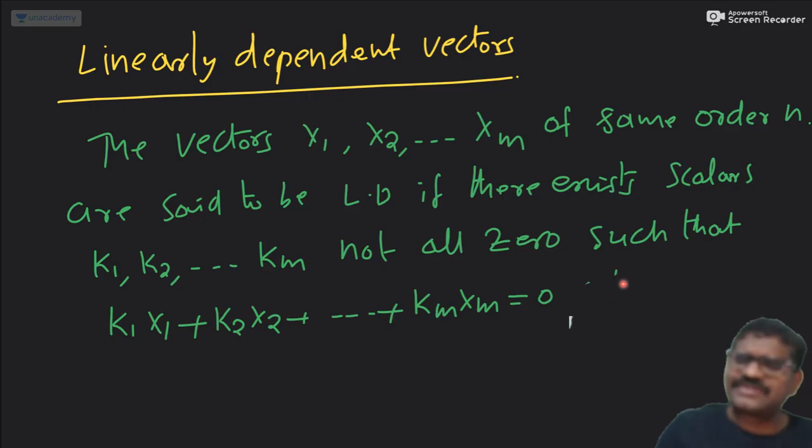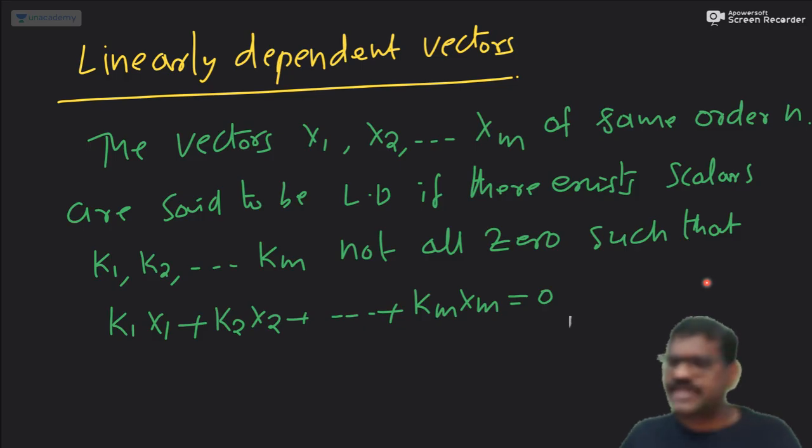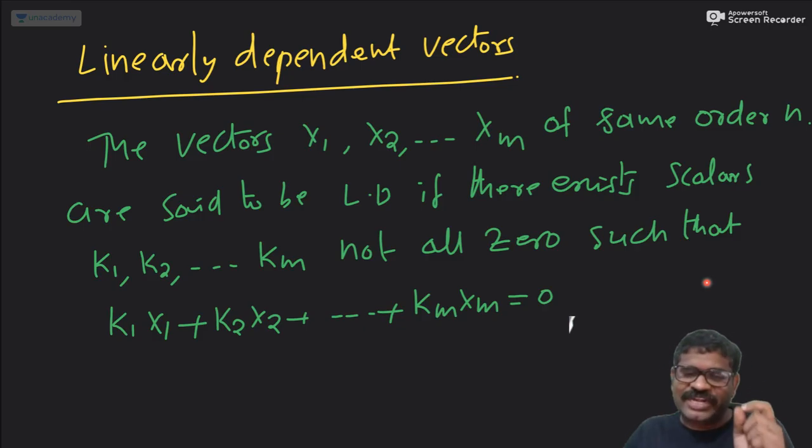K1, K2, Km are all scalars, I have mentioned clearly. The set of vectors x1, x2 and so on xm of same dimension are said to be linearly dependent if there exist scalars such that k1 x1 plus k2 x2 plus km xm equal to 0, where k1, k2, km not